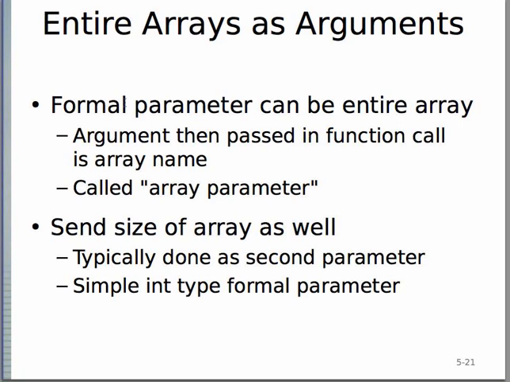You can send the entire array in one shot, and the function call is the array name, and this is called an array parameter. And if you're sending an array, you always have to send the size of the array as well. The compiler doesn't check on this, so definitely this is something that you, the programmer, are responsible